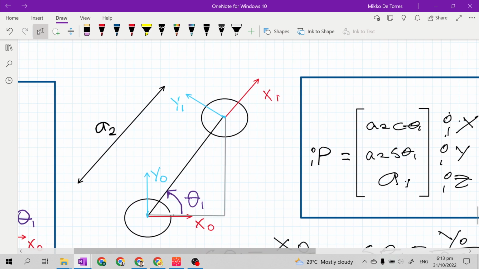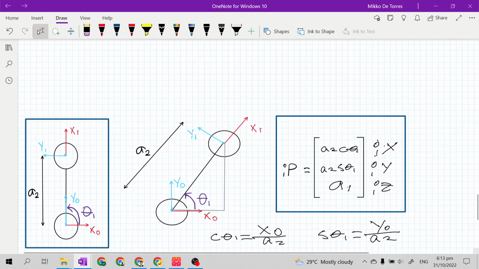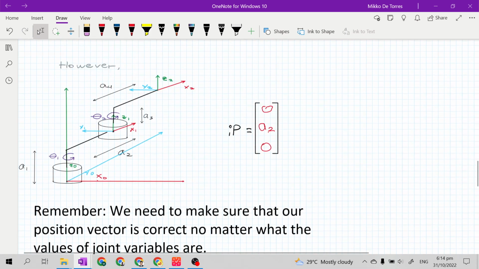Now, this is the correct position vector, whatever the value of theta 1 and whatever the position or the orientation of frame 1. Okay, so let's go